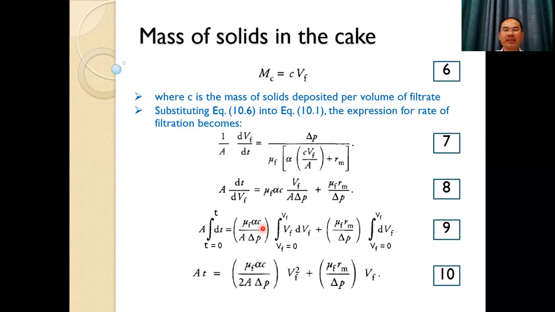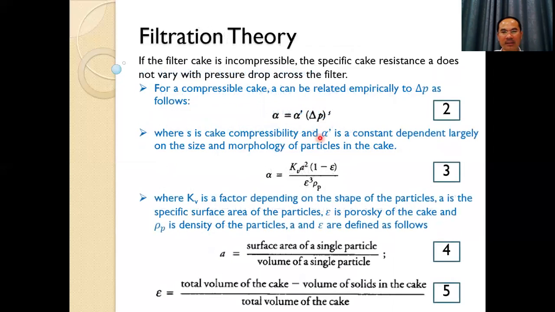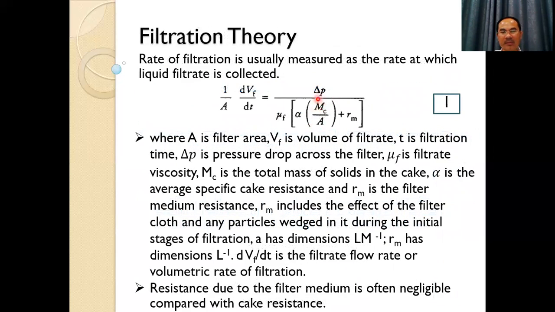Okay. If we consider again Mc, Mc is the mass of the cake. The mass of the cake can be calculated by the multiplication of the concentration of the solute per volume of filtrate with the filtrate volume. And then you can express it in this term. This is this equation, and then you can group some terms like Vf divided by A delta P and mu f Rm divided by delta P. If we substitute Mc from the previous equation, you substitute Mc by C Vf,